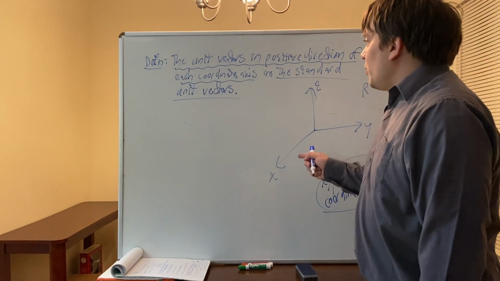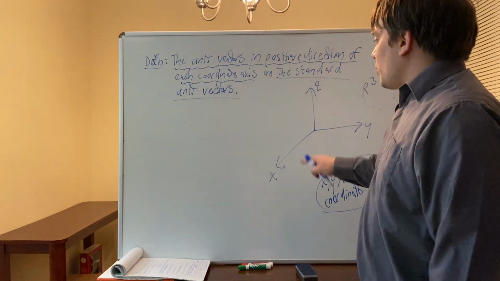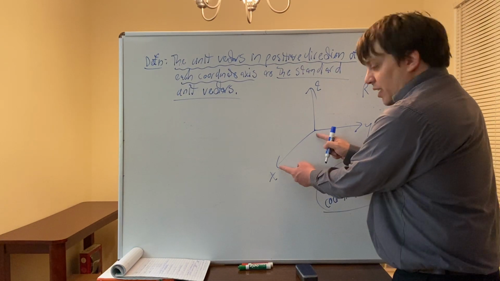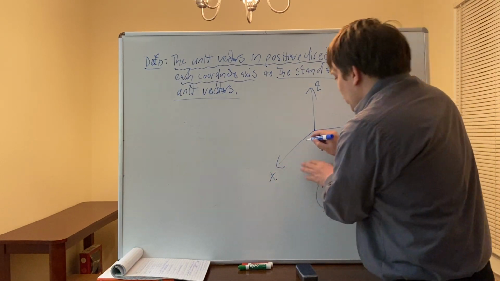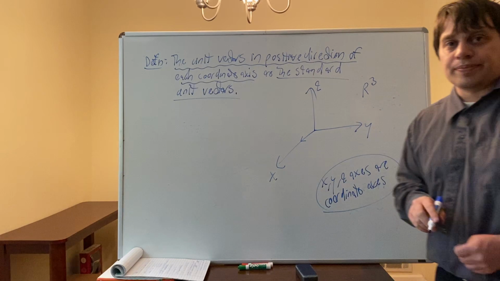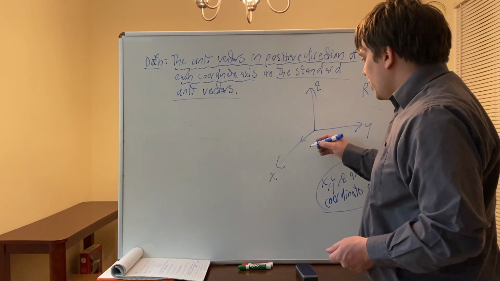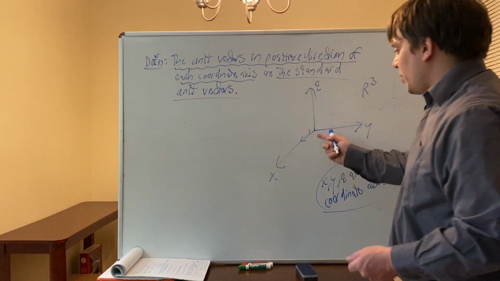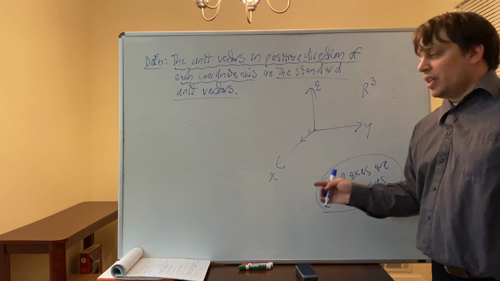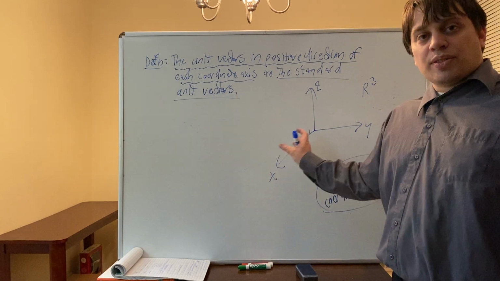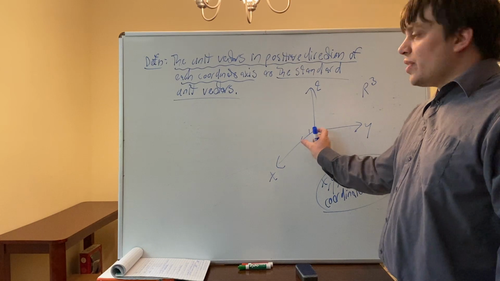Okay, so we want a unit vector in the positive direction of each coordinate axis. So this is the x-axis, this is the positive direction. Just take a unit vector along that axis. And so this is a unit vector, this is of length 1. I'm not calling it 1, I'm saying the length of that vector is 1. This unit vector in the positive direction of the x-axis, that's one of the standard unit vectors